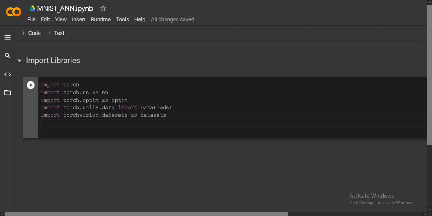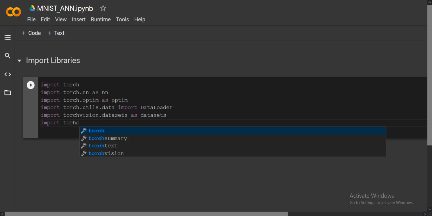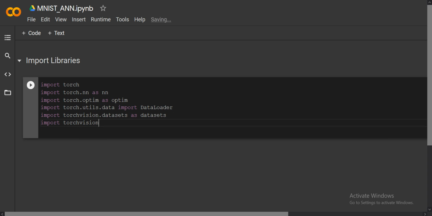Again, we have to convert each image to a tensor. If you want to apply various types of transforms to many images, like converting to tensor or resizing all images, you have to use torchvision. Inside torchvision there is a library called transforms. So you just import it: import torchvision.transforms as transforms.